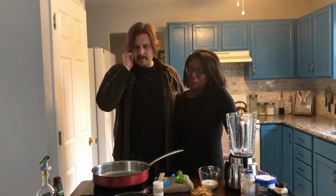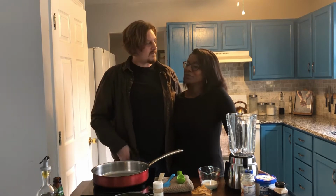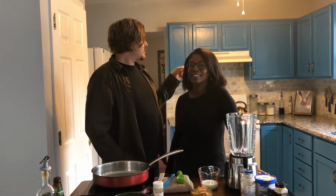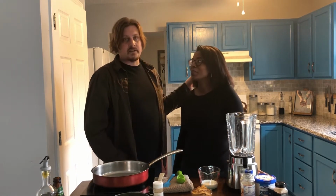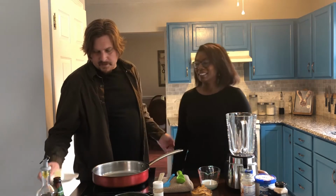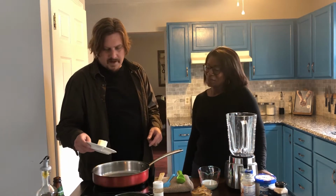Cornbread is pretty big here in the South. It's actually really big in certain areas of the South. Some people eat it for almost every dinner. Yes. I made Sean Brock's homemade cornbread. If you get a chance to go to Sean Brock's restaurant, go. Yes, it's amazing. But I am going to start with 3 tablespoons of butter and a little bit of olive